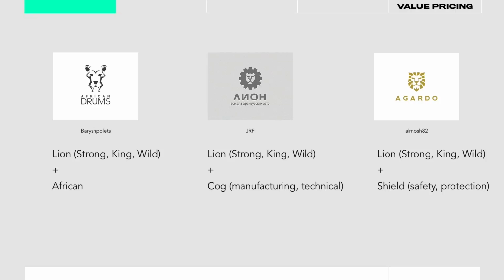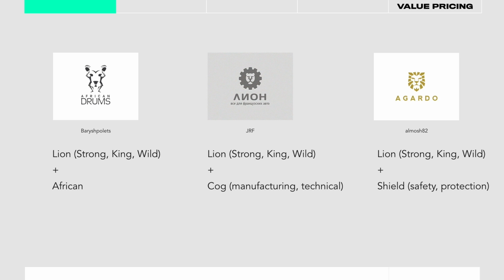So let me go through some designs for logos. I took all of them from Logopond just for an example. This is a particular type of logo where the illustration or the icon itself is a combination of two ideas. Not every logo is like this, but I think this is helpful to understand how people come up with new ideas. So in each one of these logos, somebody took the concept of a lion,